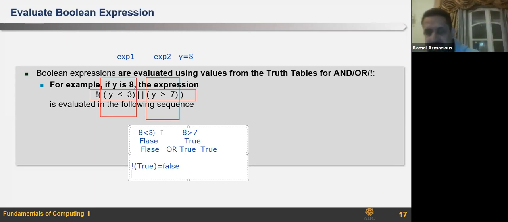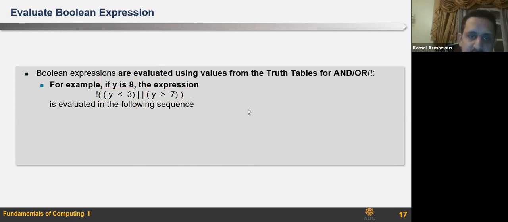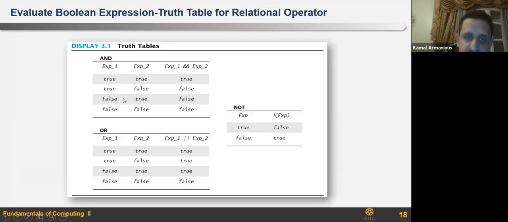And, or, not. And says what? If I am having 2 Boolean expressions as true, then the result will be true. True and false is false. False and true is false as well. And I am giving you a table here where you can use it for and, or and not. Not just inverts. يعني the true becomes false and the false becomes true.